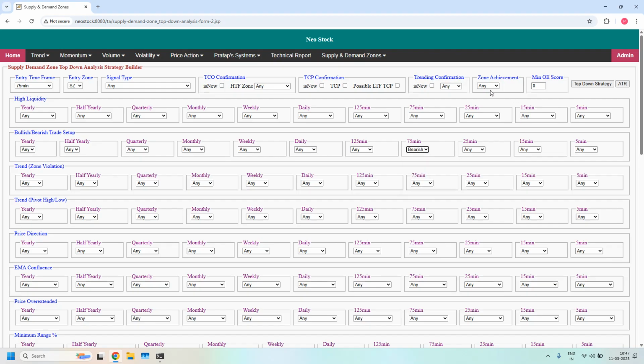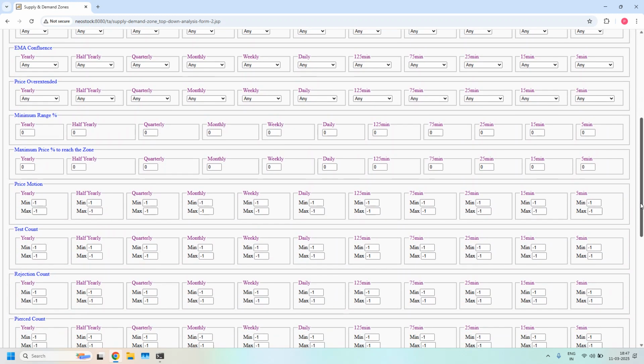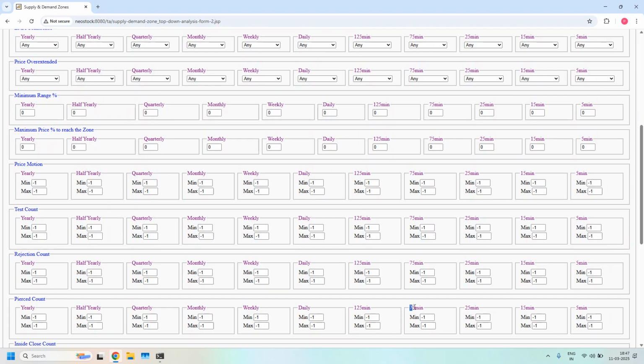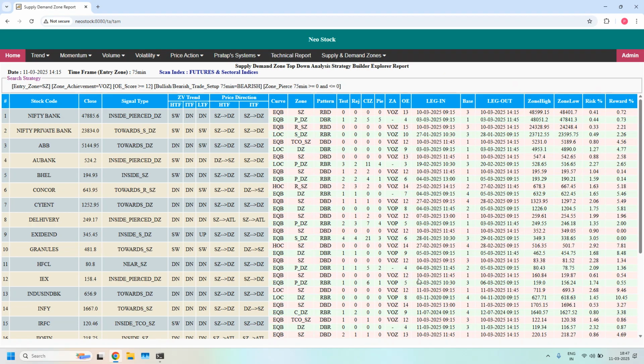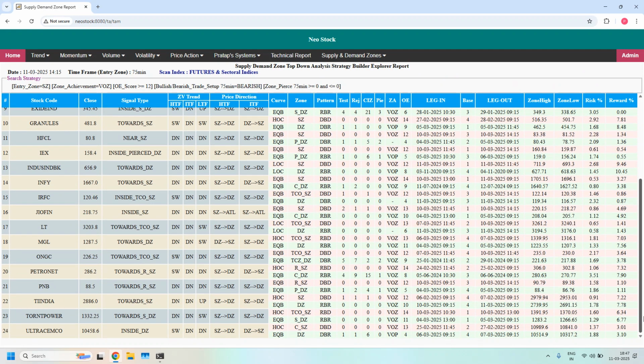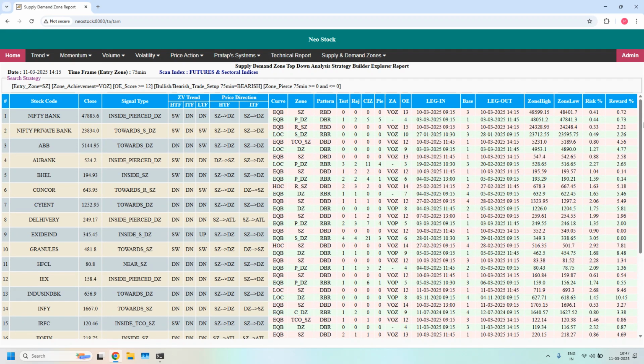Selecting bearish. Zone achievement violated opposing zone. Minimum odd enhancer score 12. And the 75 minutes supply zone should not be pierced. So at 75 minutes, minimum value 0, maximum value 0 for the pierced count. So with these filters, we got 24 stocks. So first 15 stocks in the list, which are supporting bearish trade setup for